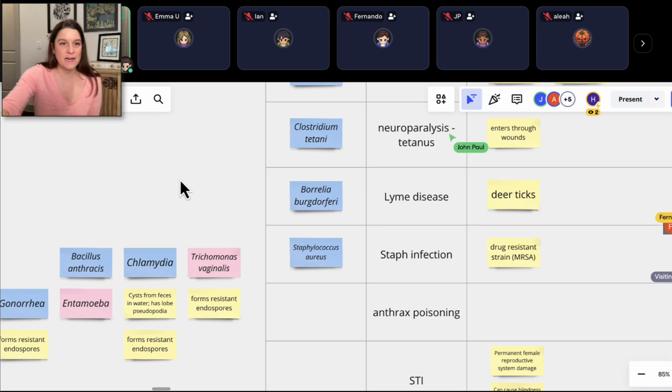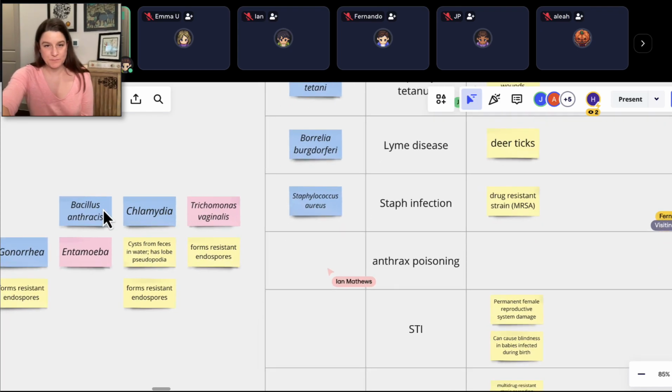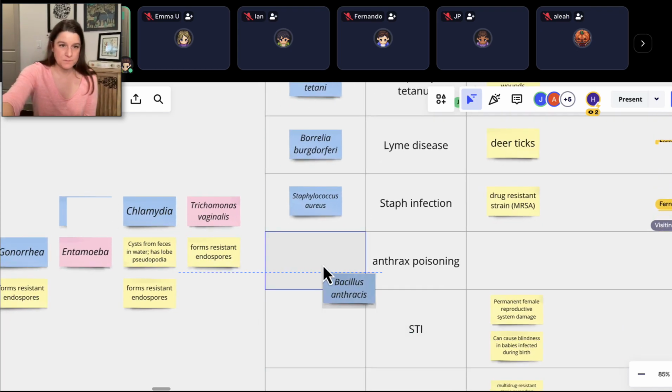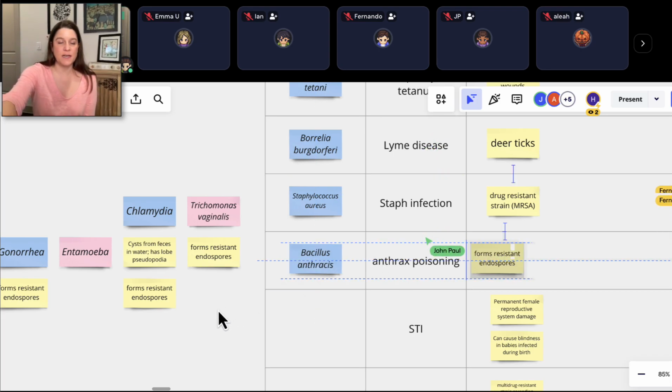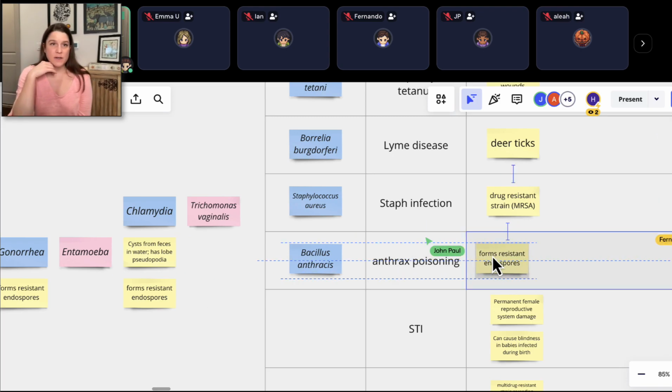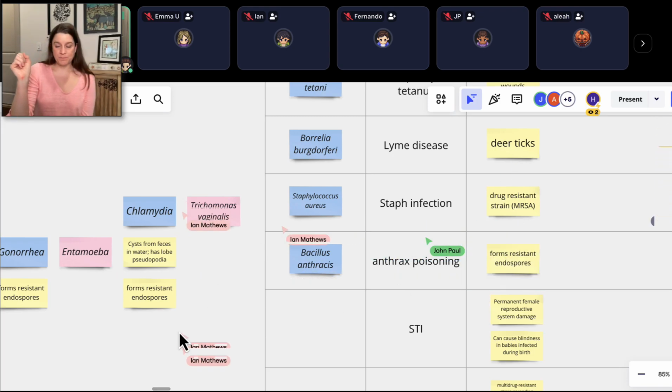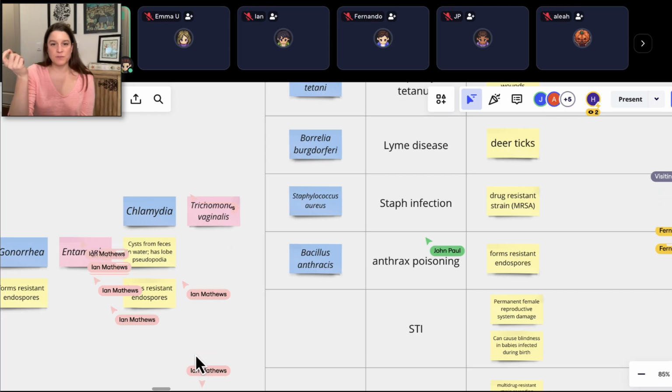Anthrax poisoning. This name, Bacillus anthracis. Anthracis, that's where the name comes from. It is going to be one that forms resistant endospores. It is found naturally in the soil, not in large amounts, but it has those endospores, which means that